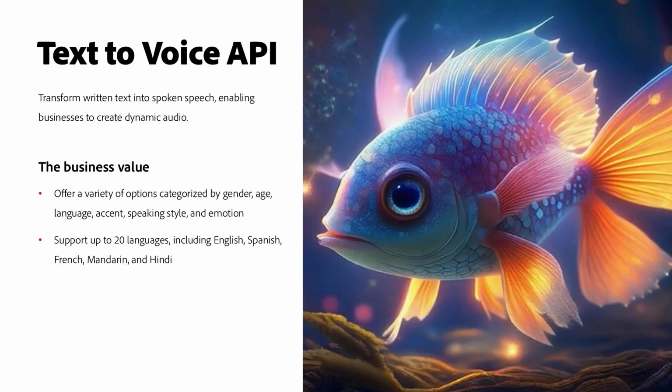So this allows teams to now transform scripts into natural language speech in just a couple of clicks. And one of the biggest values of this API is its flexibility, because the timeliness and the currency of video changes day over day. Something might change. So the voice can be tailored to fit the message, across different types of gender, age, regionality, language, accent, speaking style, and emotion. These are really important to get the speech right from the text.